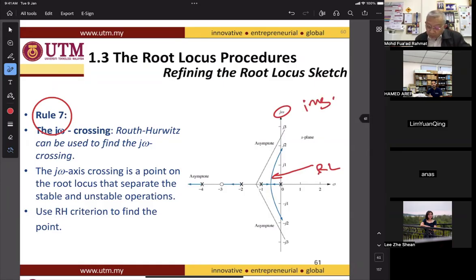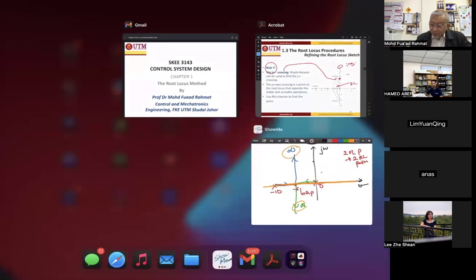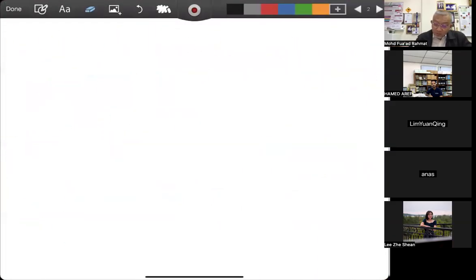And our point of concern is here. The crossing, or we call it the intersections. So this intersection is vital because it is a point where the root locus separates between the stable, unstable, and the marginally stable. For example,